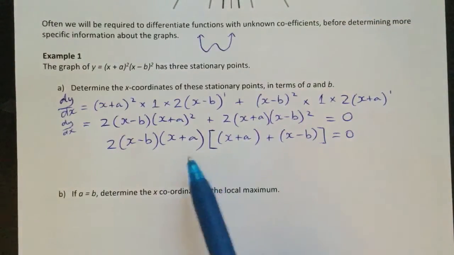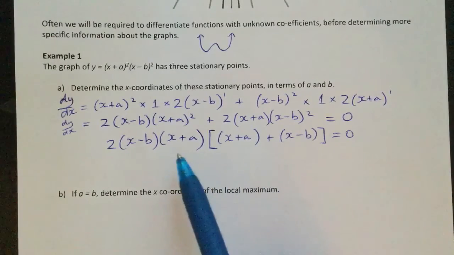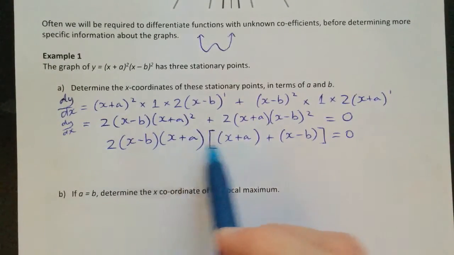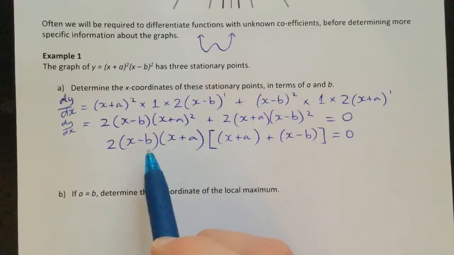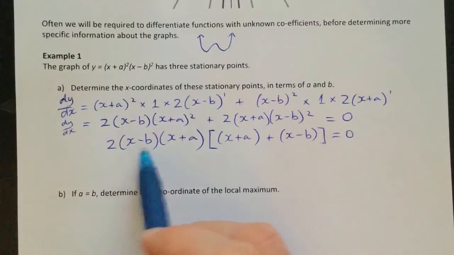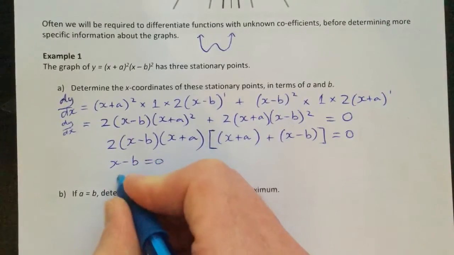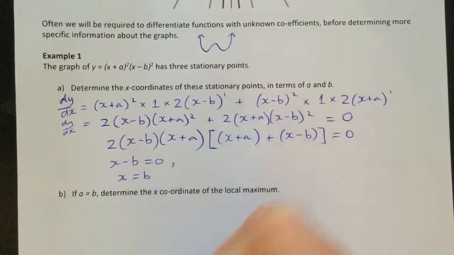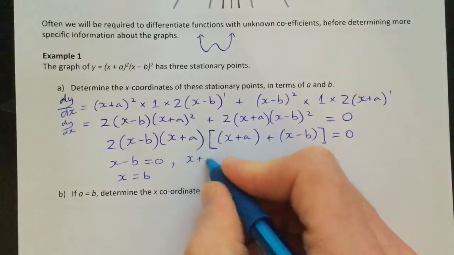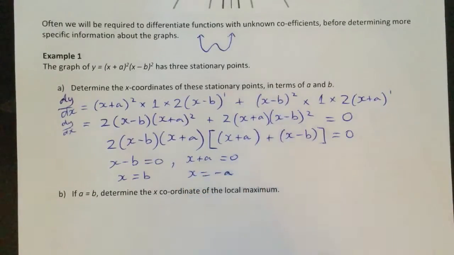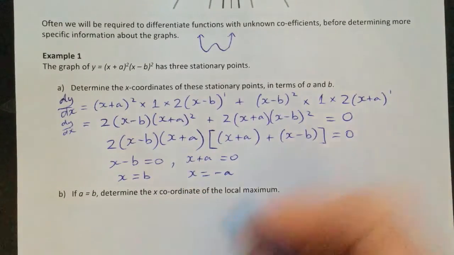All right, so now that we've got that factorized, we can actually apply the null factor law. And so from each of these sets of brackets, we get a potential solution. So x minus b equals 0, which of course means x equals b, or x plus a equals 0, which of course means x equals negative a, or